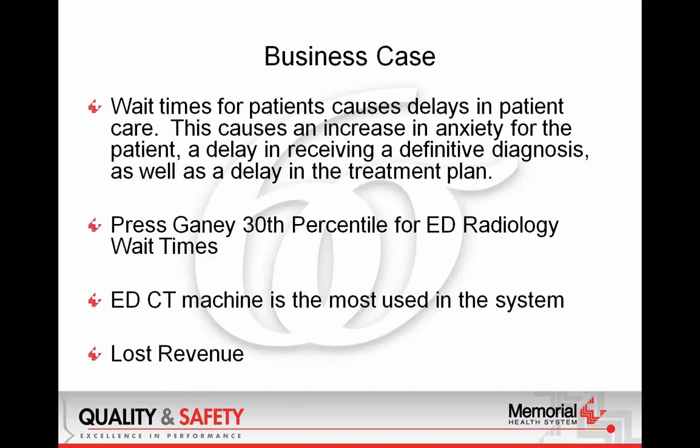what we call LWATs. And oftentimes when people leave without treatment, they come back 3 or 4 days later, even sicker than they were, and their length of stay goes up, their cost of care, their complications, and it's really a bad thing. So when people present to our ED, we want to make sure they're getting the treatment that they need immediately. Our ED CT machine is the most used in our health system, of course, and related to those LWATs is lost revenue. The contribution margin for every patient that leaves is about $250. So individually, not that much, but with 70,000 visits, if you have a left without treatment rate of 5%,